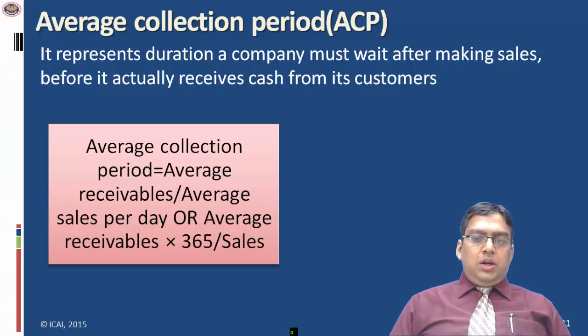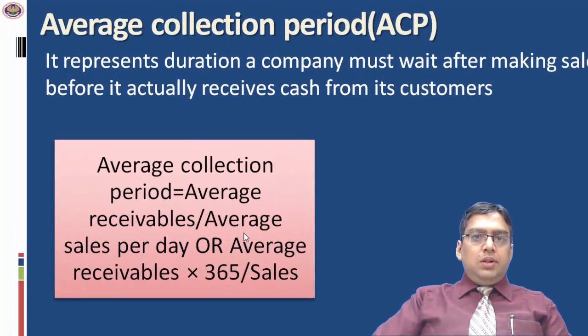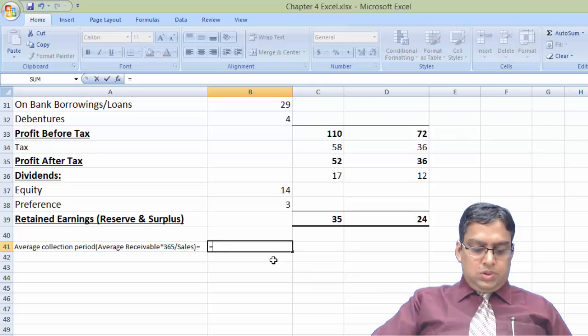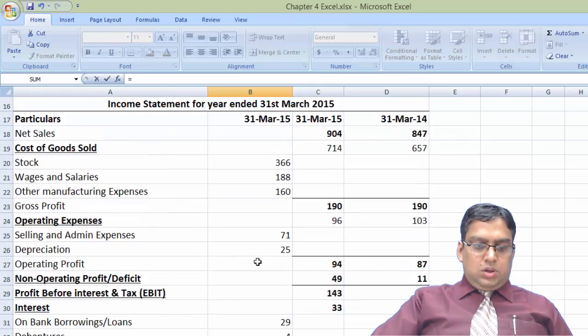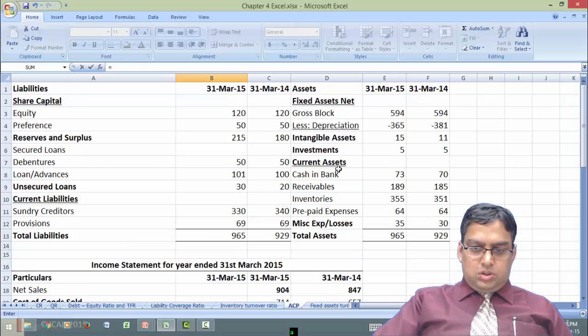Average collection period. It represents the duration a company must wait after making sales before it actually receives cash from its customers. Average collection period equals average receivable divided by average sale per day, or average receivable into 365 days in a year divided by sales. Let's take an example. Equal to receivable, that is E9,